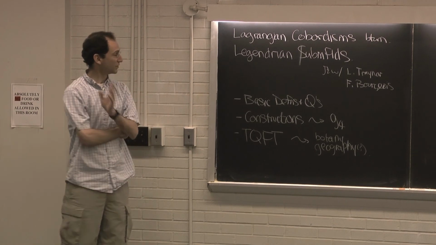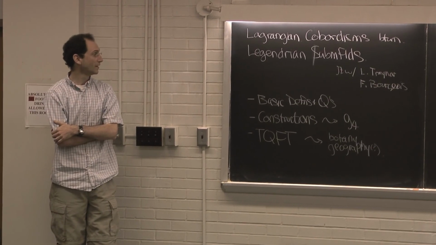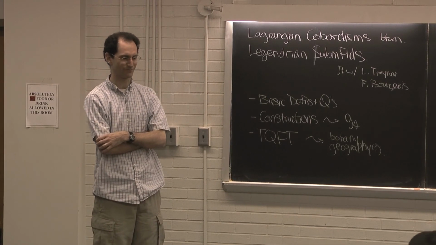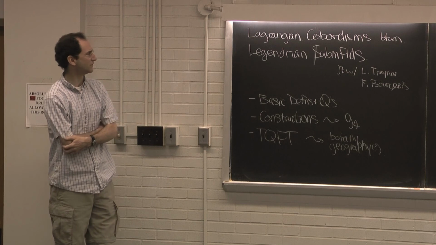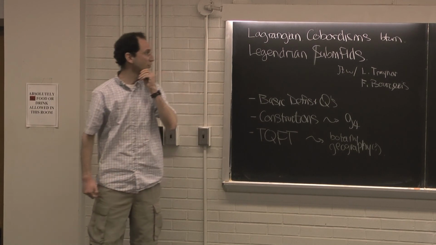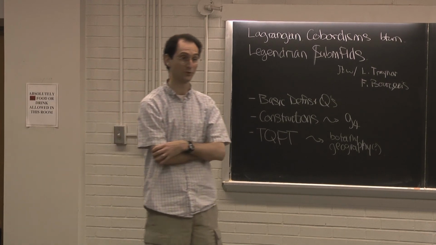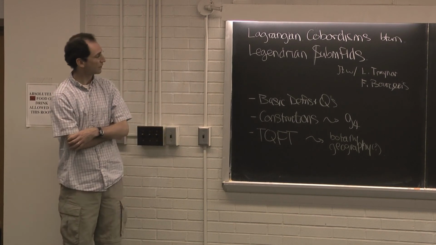I want to split the talk into three segments. Segment number one, I'll give you some basic definitions and a little bit about some questions one might try to ask and answer in this field. Then I'll talk about constructions of Lagrangian Cobordisms and therefore be able to talk a little bit about the smooth forginess of a knot. And then I'll talk about how